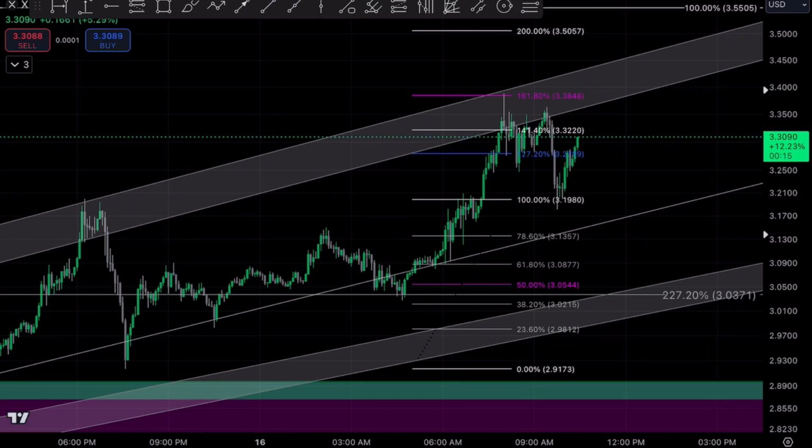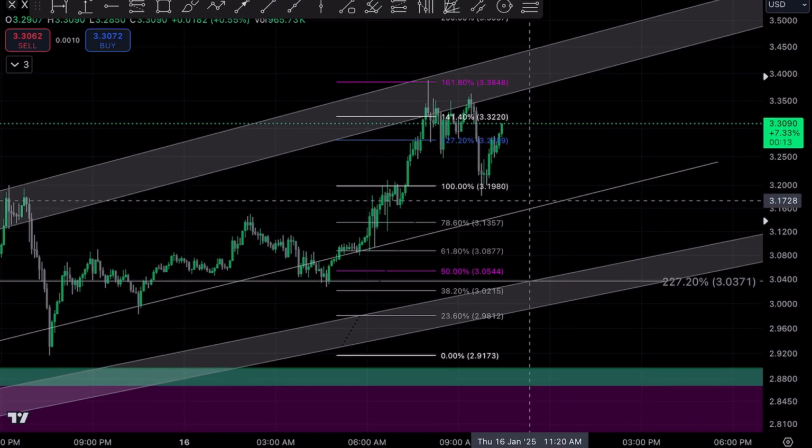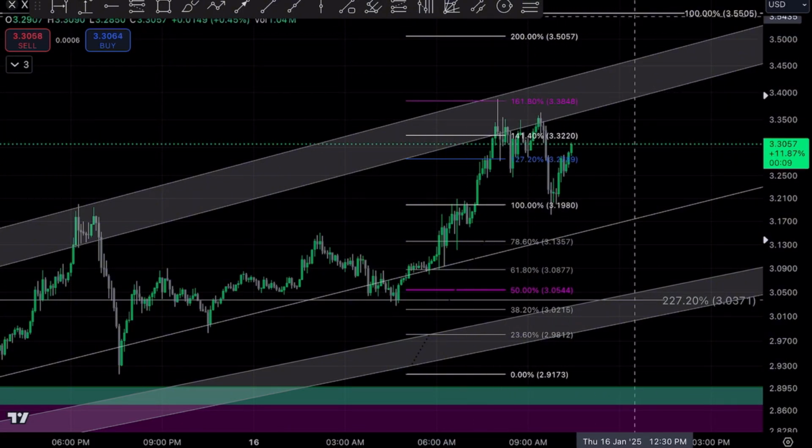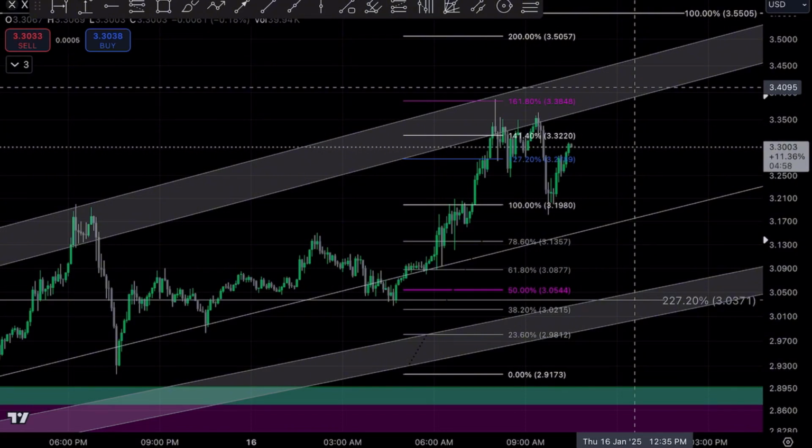And it looks like it bounced off of that 100%. Let's see if it can make it above here and hit the 355 this morning. So I'm going to just stay up here for a minute, and let me see. Oh, for Coinbase,